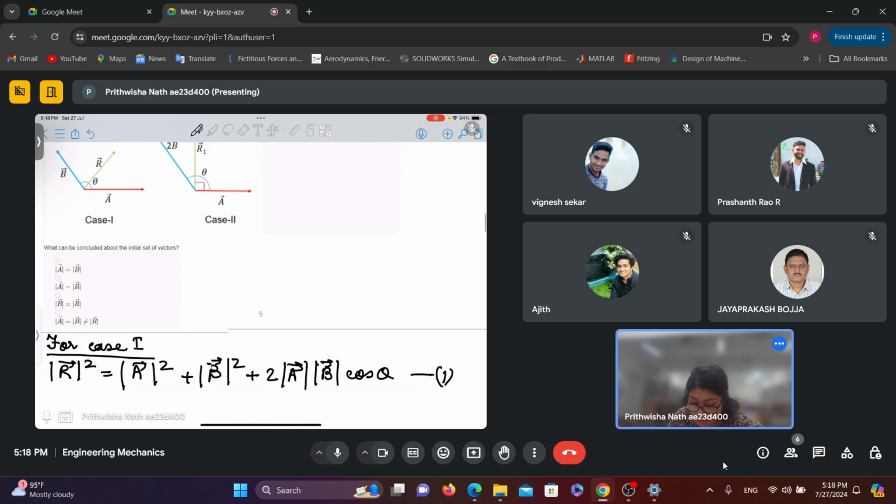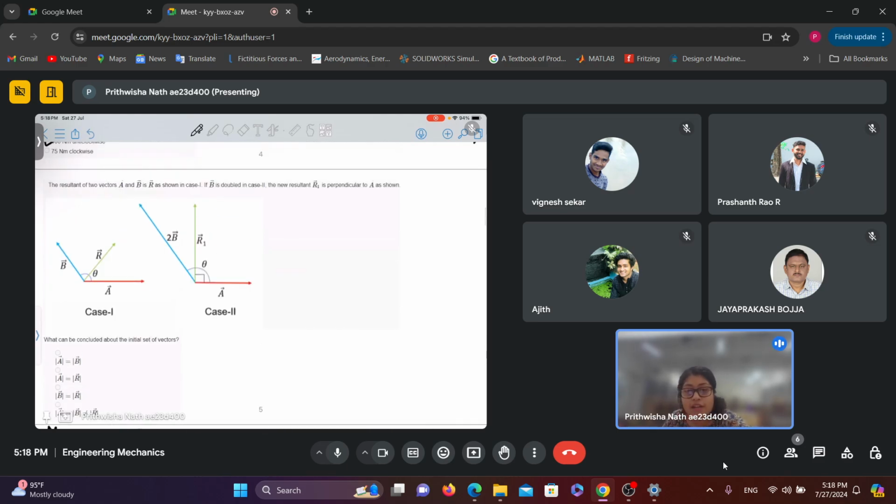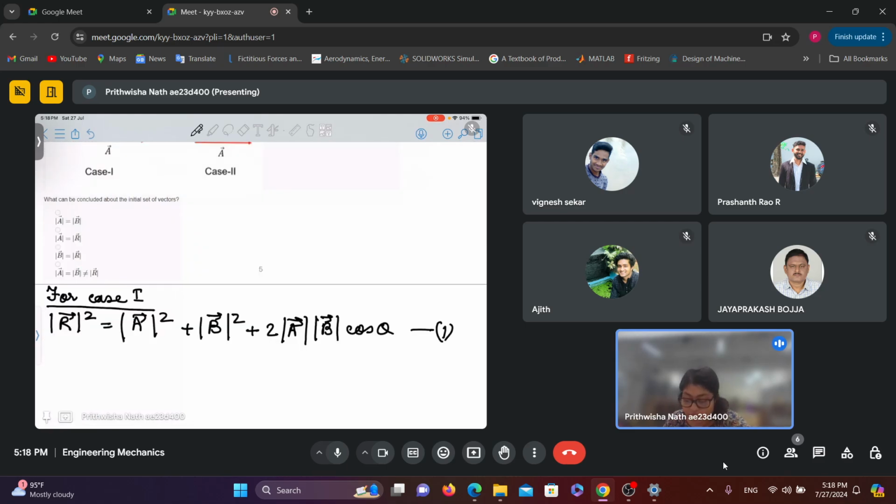Now, from the second case, it is mentioned that R1 is perpendicular to vector A. So what can I write? I can write that the dot product between A and R1 is 0 since it is 90 degrees. Therefore,